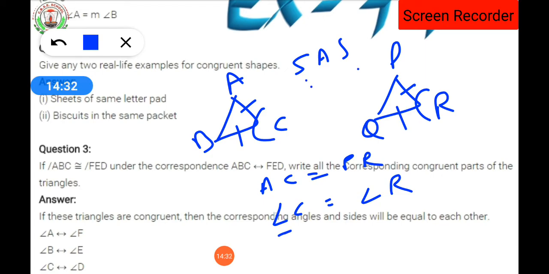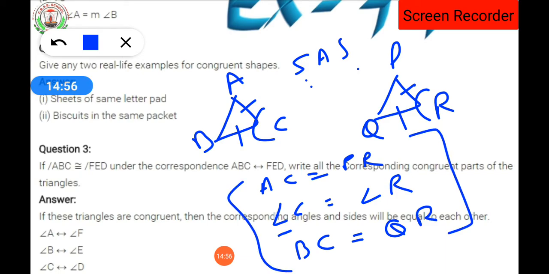Here you can, by seeing the notation, by shortcuts of this name side angle side, the angle is between, मतलब दो sides के बीच में जो angle होगा वो, okay, not the third. So here angle C is equal to angle R, then side BC is equal to side QR. So when this property is followed, it is known as side angle side congruence criteria. Clear everyone?